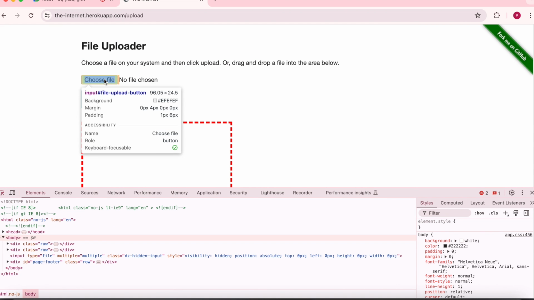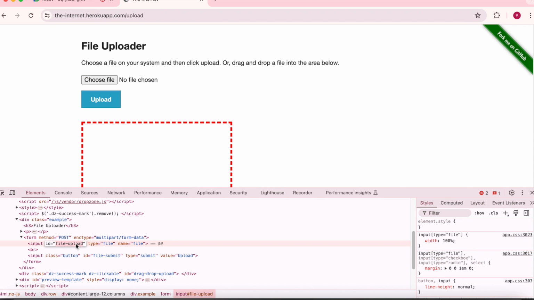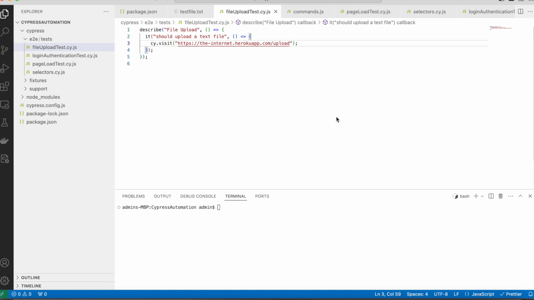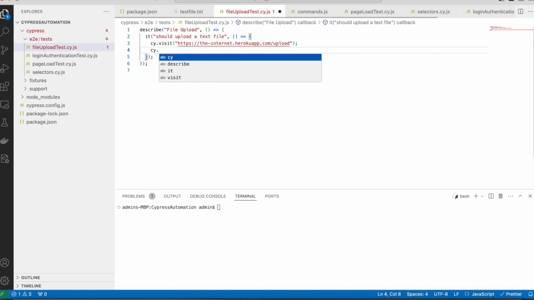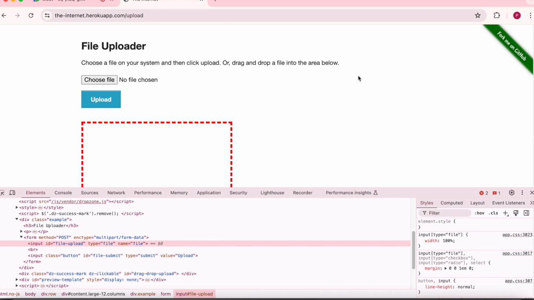Yeah, so choose file. Here we have an ID directly, so we can use this ID value. Any doubt? In order to get this choose file, I'm using the ID value. So cy.get, ID hash, because it's an ID, I'm using hash and the ID value that I pasted. Okay, once I get this one, once I say choose file,